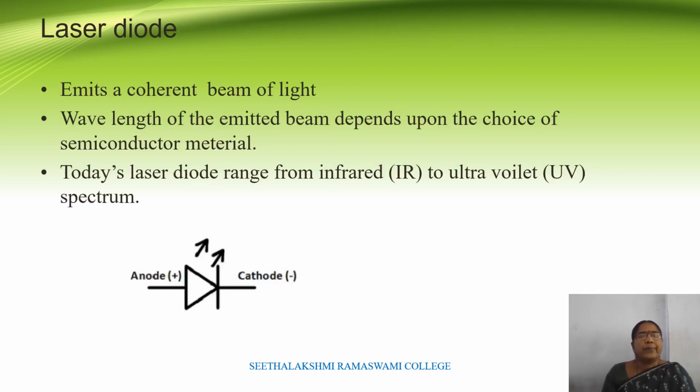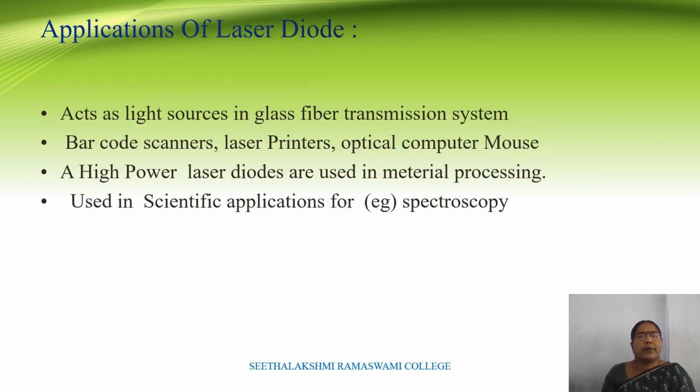Laser diode. A laser diode emits a coherent beam of light. The wavelength of the emitted beam depends upon the choice of the semiconductor material. Today's laser diodes range from the infrared to the ultraviolet spectrum. The symbol of the laser diode is shown in the figure. Applications of laser diode: act as a light source in glass fiber transmission systems, used in barcode scanners, laser printers, optical computer mouse. Very high power laser diodes are used in material processing, and laser diodes are used in scientific applications also. For example,